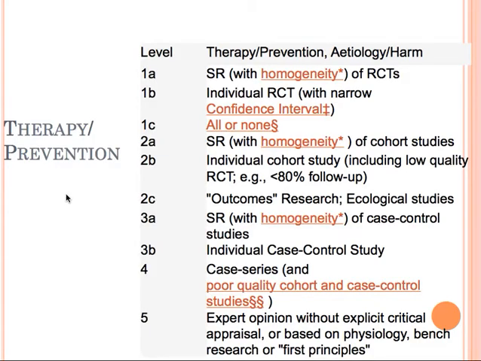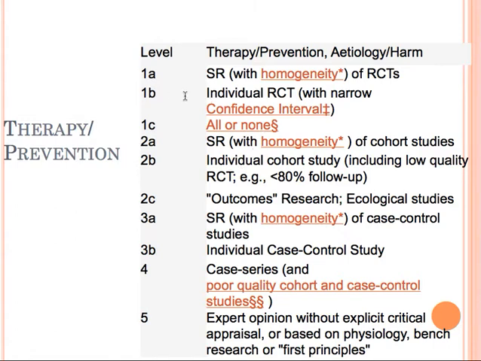So the first column or theme related to evidence-based practice is therapy or prevention. When we look at this ranking, we have the rankings here on the left, from 5 as the low level to 1 as the high level. We can first see that an A is typically designated by something called an SR. So we have 1A is an SR, 2A is an SR, 3A is an SR. SR stands for systematic review, and we'll get to systematic reviews at the end of the class. So for now, what I want you to do is ignore the A's and focus on the other